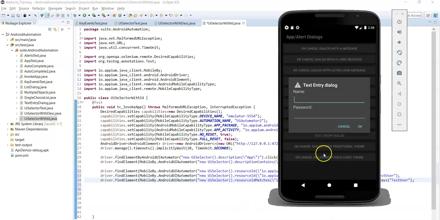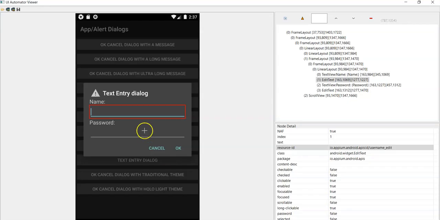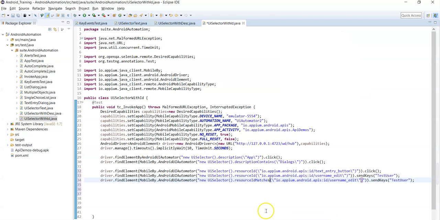What is the resource ID value for this password text field? So password_edit is the complete resource ID value, right? Now instead of placing the complete resource ID value, you can pass some regular expression. In place of this string, you can simply place dot star.